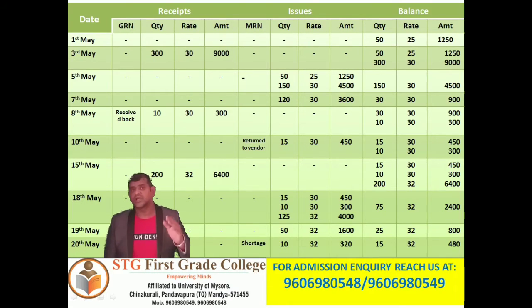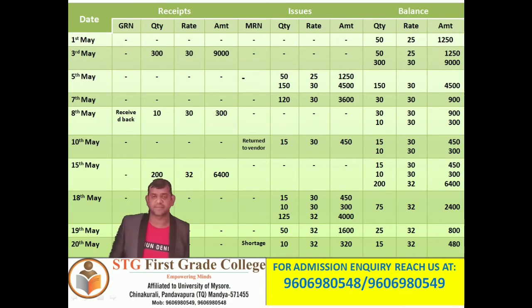Under issues, MRN dash, quantity dash, rate dash and amount also dash. But under balance, quantity, what was the balance? How many units? 50 units. So enter quantity 50 units at the rate. What is the rate? 25 rupees. So 50 into 25, 1250 rupees. Amount column